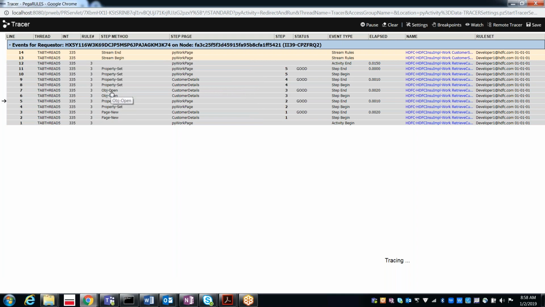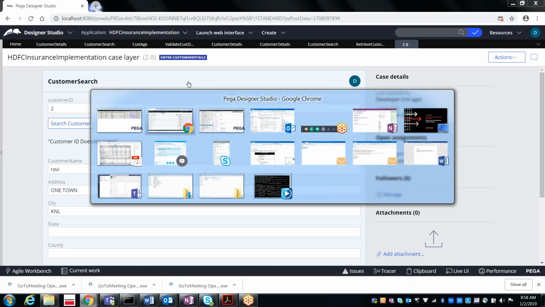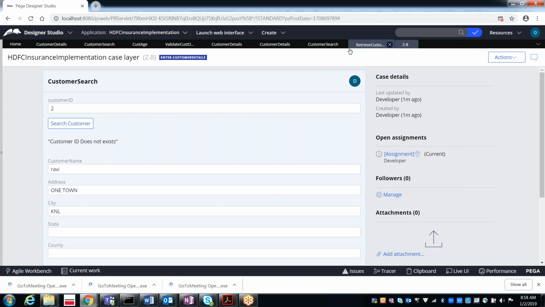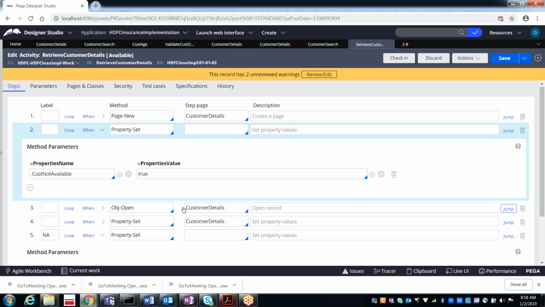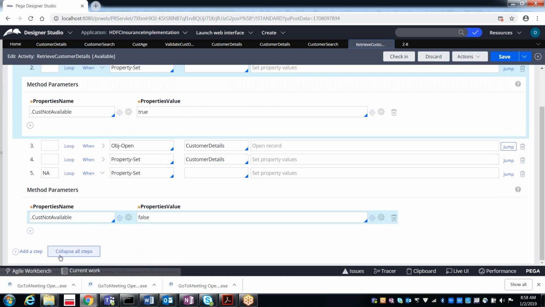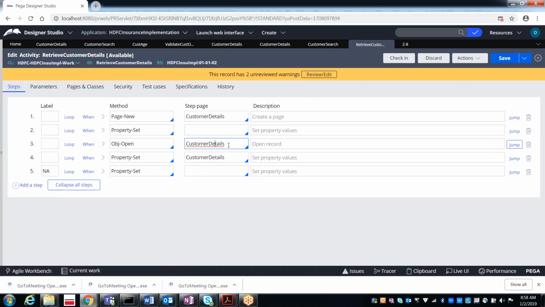And then on the third step, it is able to retrieve the record. After executing the third step, again it is going to the fourth step. So why is it going to the fourth step? So what exactly do we need to add again? You see, on the third step, if the record is not existing, it will go to the fifth step. But if the record is existing, it will come to the fourth step. But after coming to the fourth step, what will it do? It will go to the fifth step. But you should not go to the fifth step when the fourth step is executed.